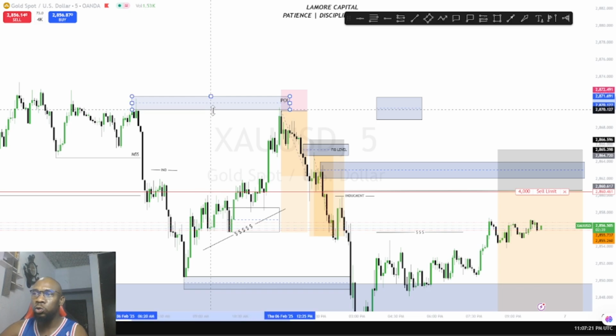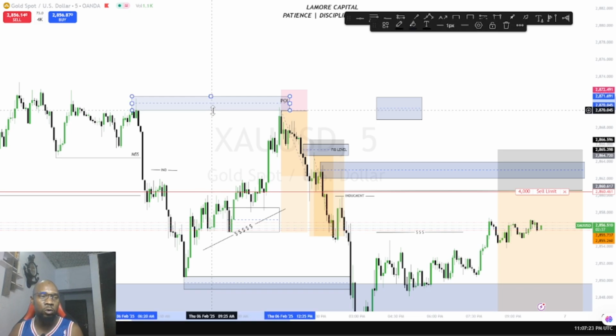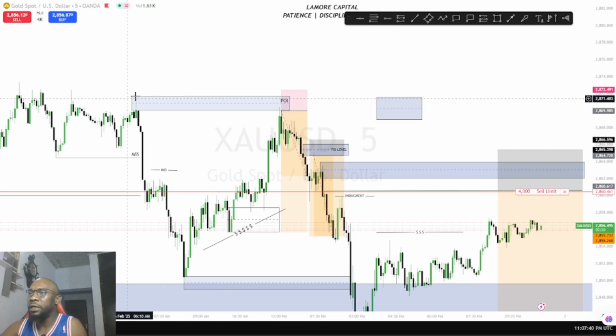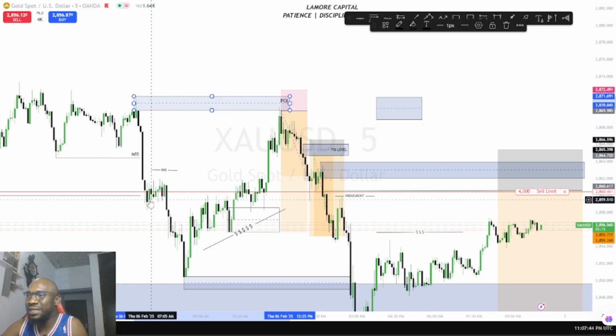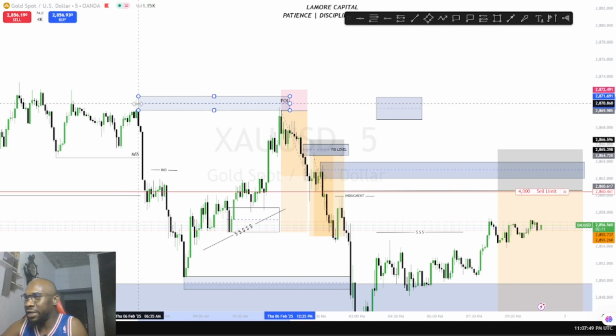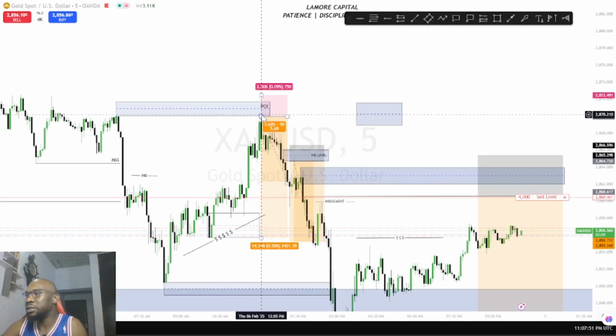And now what's the rules of an order block? The rules of an order block is that always mark the wick. The moment the wick is bigger than the whole body of the candle, mark the wicks. The moment the body of the candle is bigger than the wicks, mark the body of the candle. So I went back to mark the wick of these buys that created this sell here. So when I marked it, I put my sell limit here.